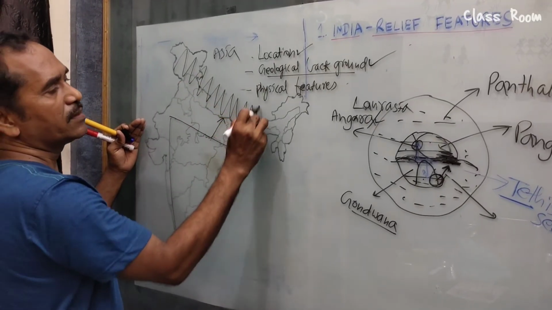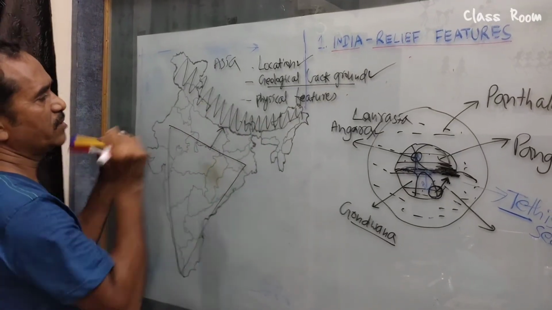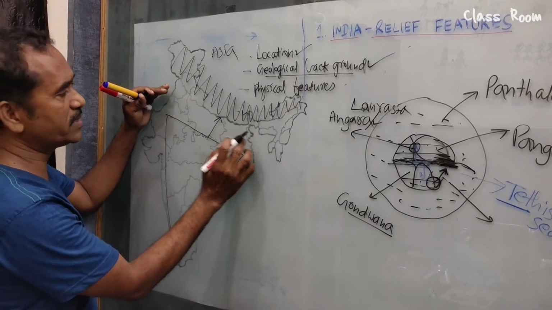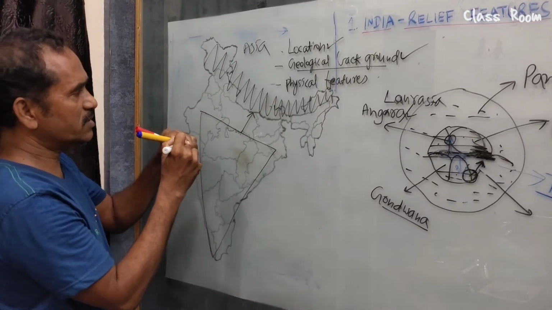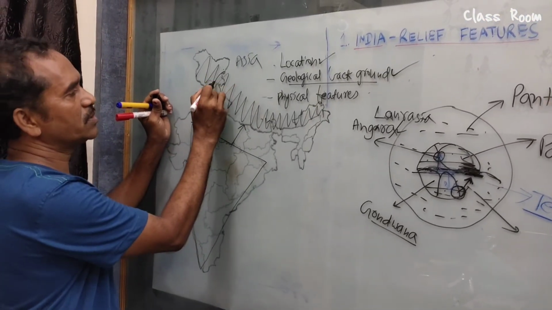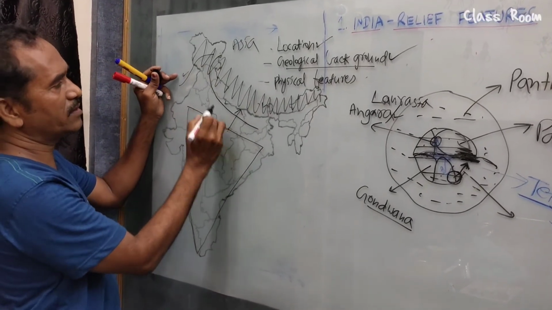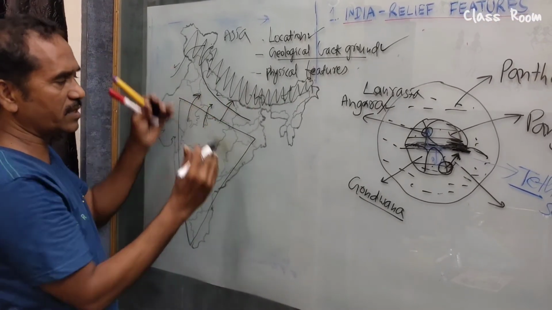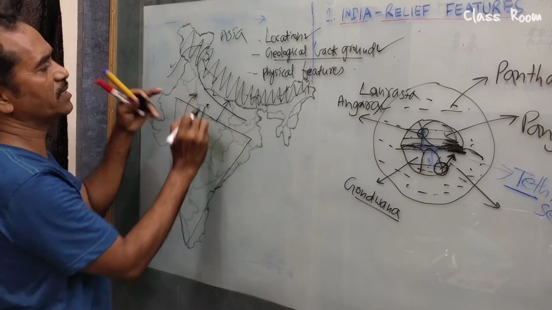The folded mountains we can see. These are all folded mountains. Himalayas. At the same time, here we see a large basin. A large basin remained here due to this region. So this large basin was filled by the rivers. The sediments were deposited here by these Himalayan rivers, Indus and Ganga, and also rivers from the Peninsular Plateau. These rivers carried sediments and deposited them here. So that we see here plains. These plains we see majorly by the Ganga and Indus.